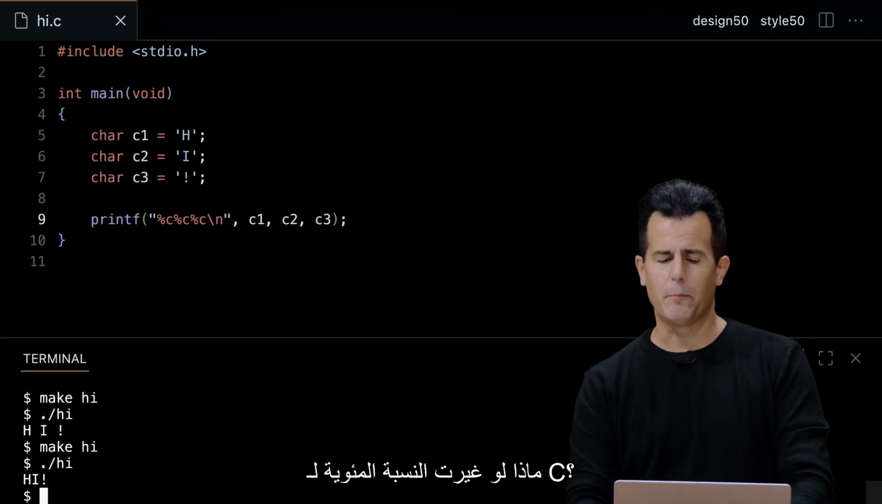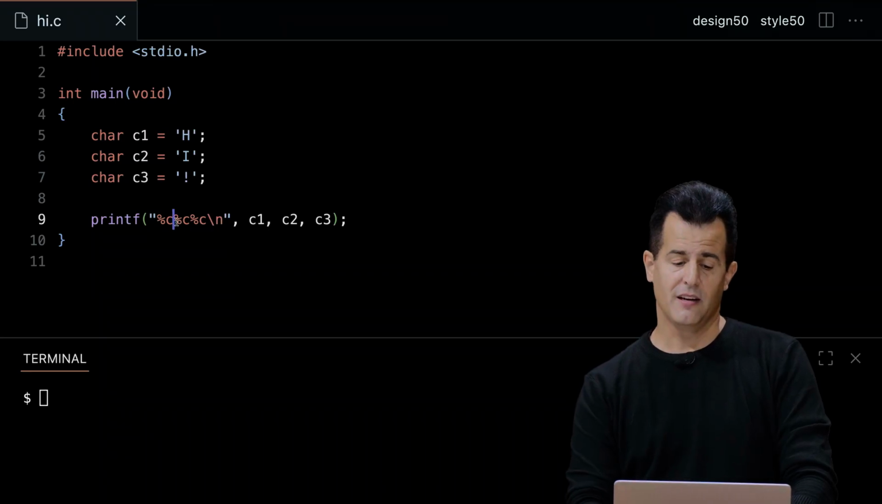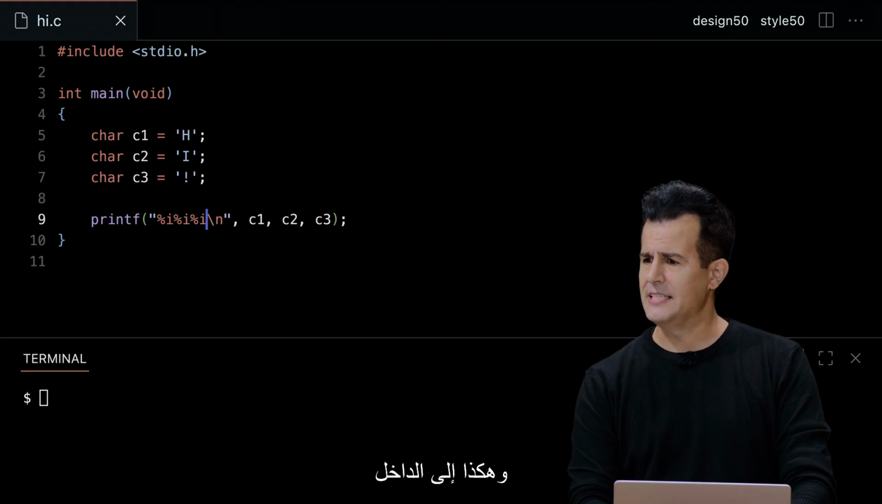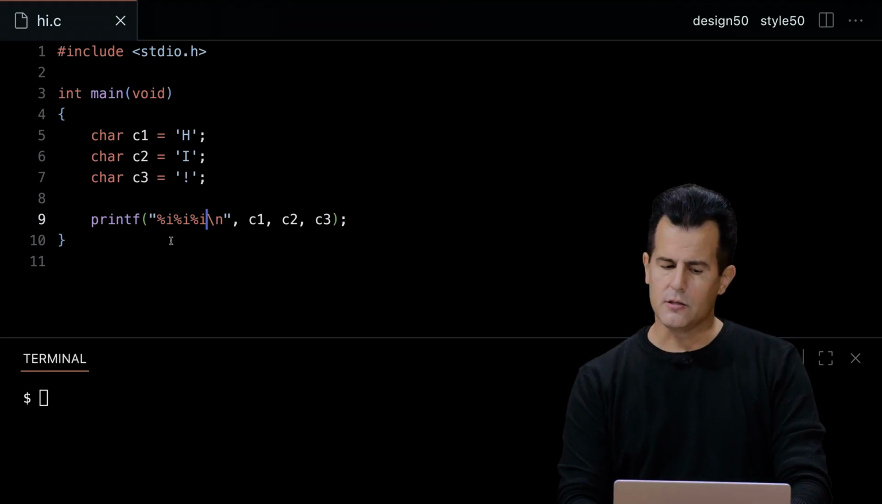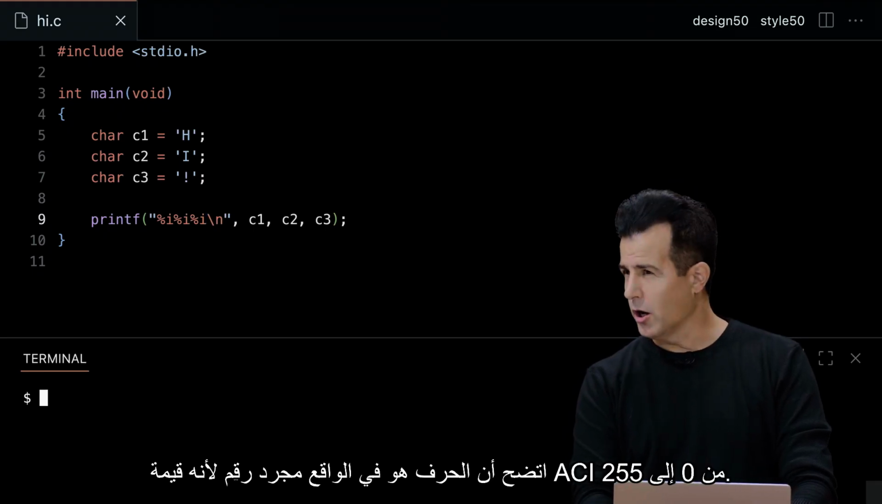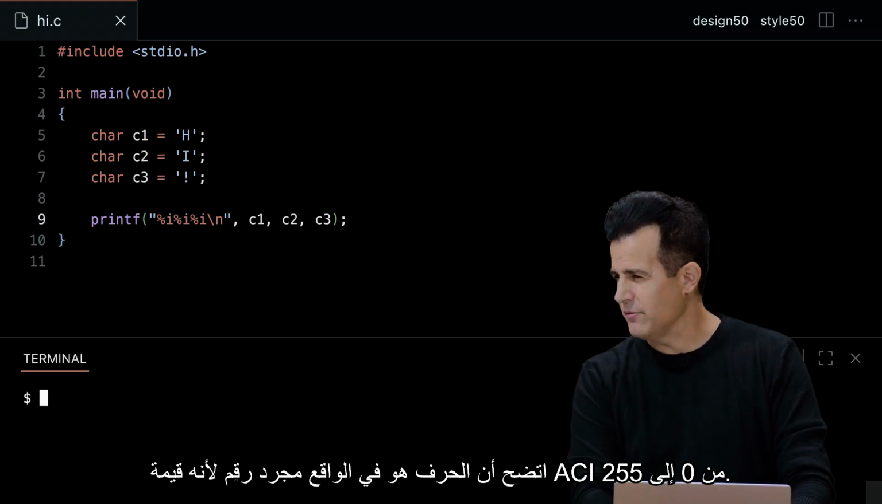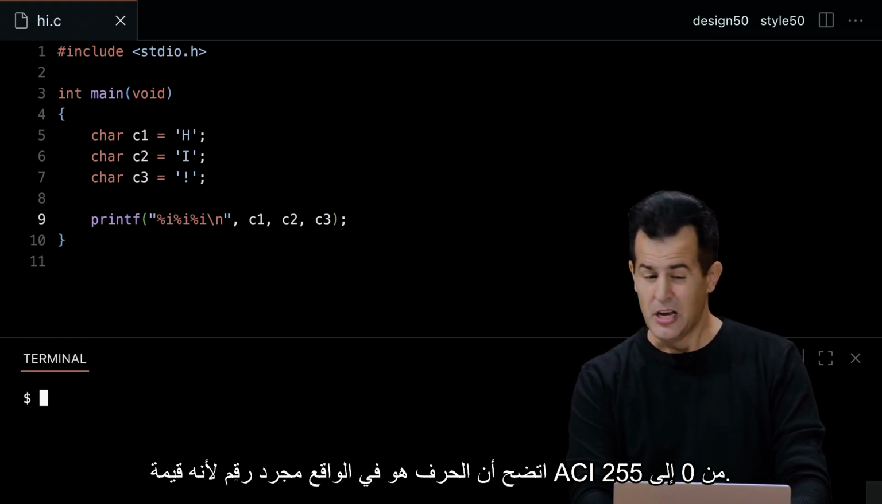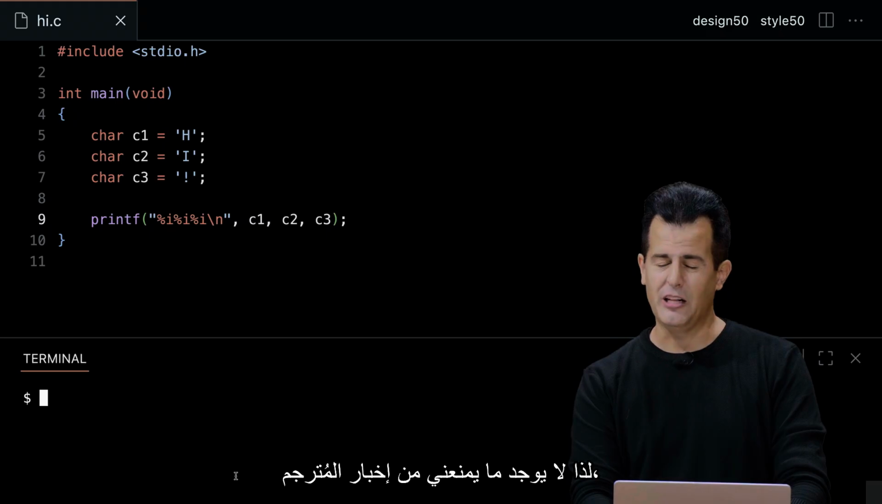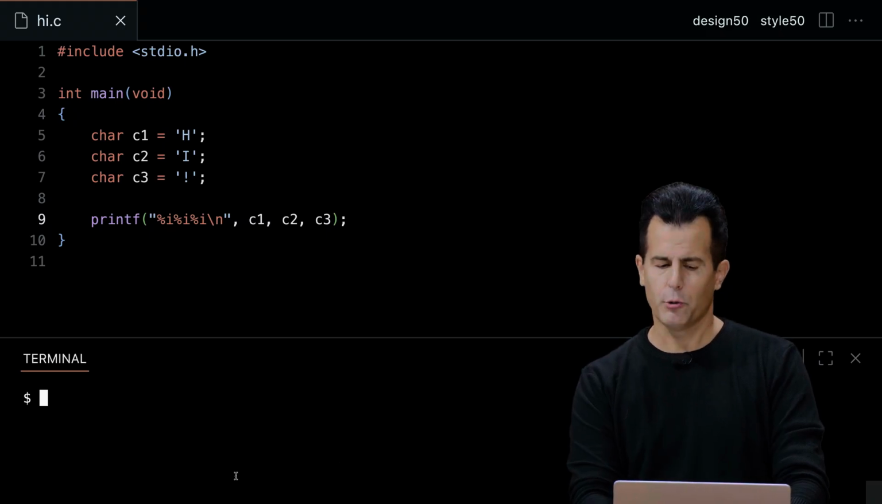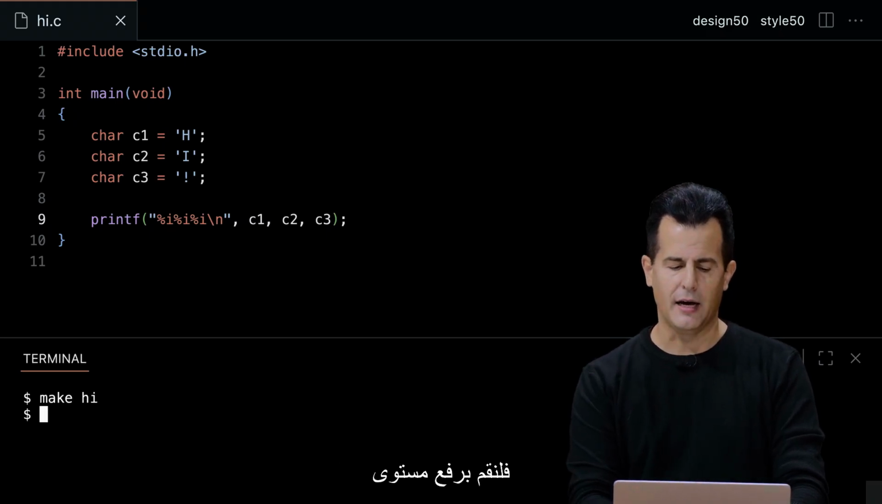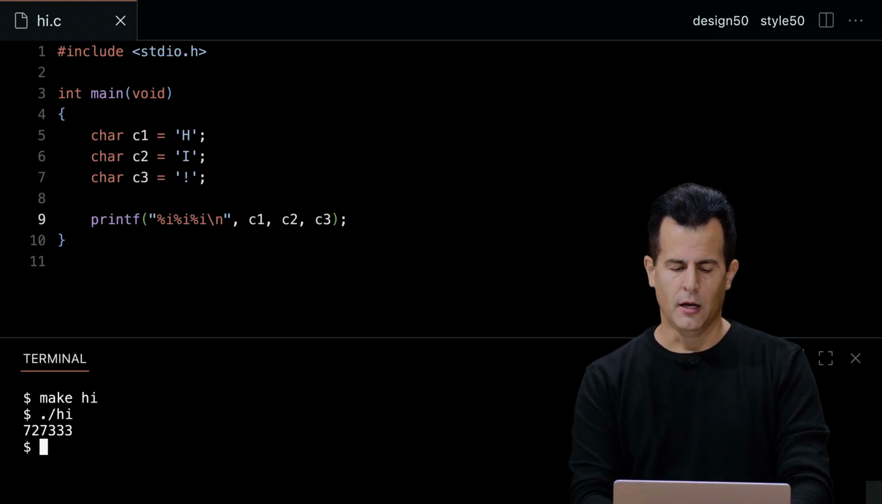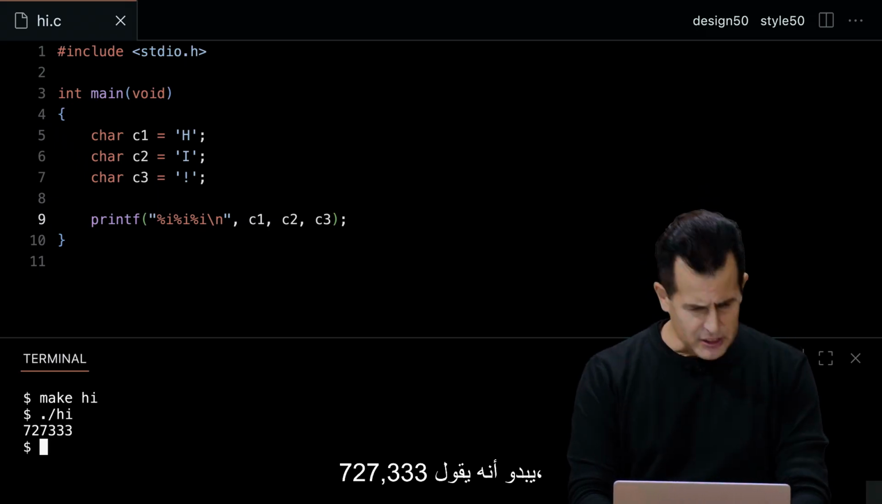What if I change my %c to %i, %i, %i, so int. Well, turns out that a char is really just a number because it's an ASCII value from 0 to 255. So there's nothing stopping me from telling the compiler, don't print these as chars, print them as integers. So let's do make hi, ./hi, enter. And that's a little cryptic. It looks like it's saying